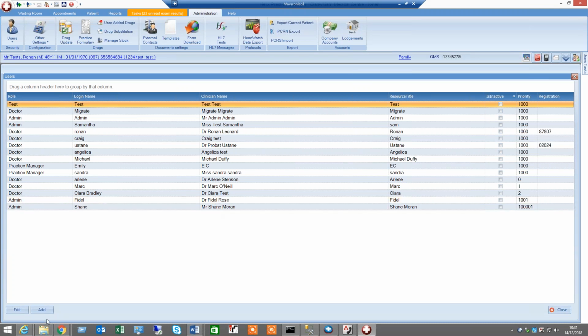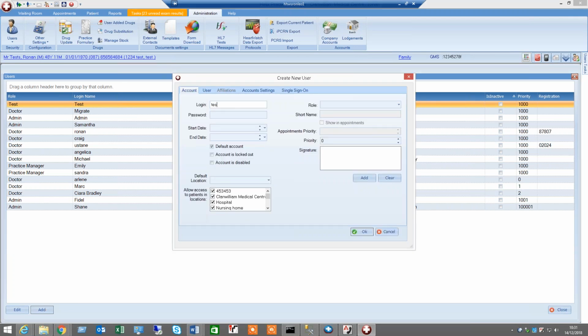So basically what it is, I'll just add a new user now and I'll show you what the complexity is. So we'll just type in test here and we'll put in a password of just say 5 or 6 digits. And if I try and save that, it's obviously missing other options, but if I hover over here, it actually gives us the complexity that's required. So it requires at least one lowercase character, has to be a minimum of 12 characters, it has to have one special case character, and it has to have one uppercase character. Okay,